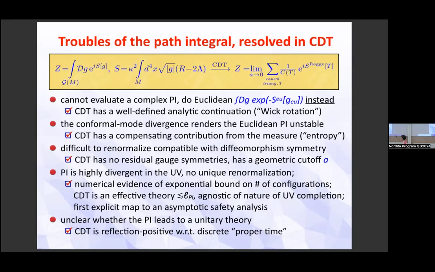Yeah. So you put in just 4-dimensional Riemannian metrics instead of Lorentzian objects, and then you say, okay, let me solve the theory and then rotate it back in the end. Well, this program doesn't really work because this has never given anything interesting outside truncated models, cosmology, for instance. So we have instead a well-defined Wick rotation, which I explained to you in so many words. So then there is the infamous